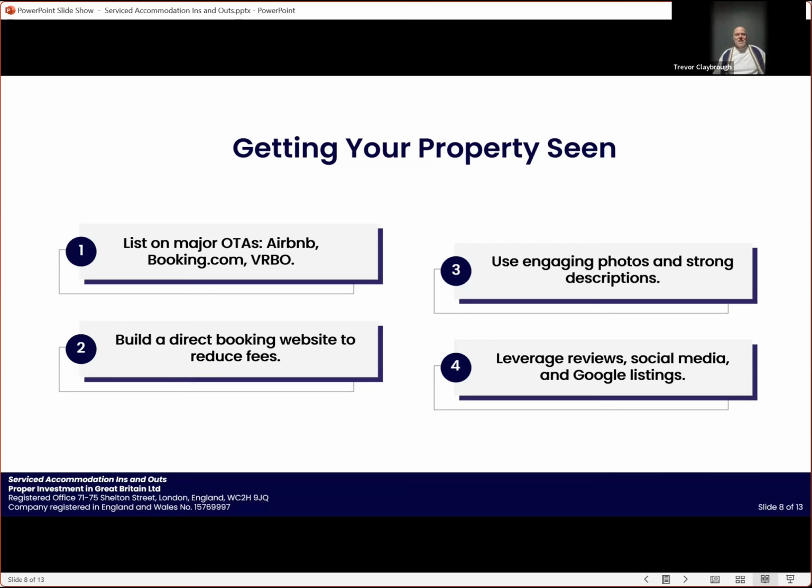if they're likely to want to extend or maybe even stay for a few weeks, and do everything to cultivate those direct bookings. There are a lot of different actions to get those direct bookings. And what generally is a good percentage is maybe you'll start with 100% of bookings via the online agencies, 90% Airbnb and Booking.com. And then over time, aim to get, for example, at least 40% direct bookings,